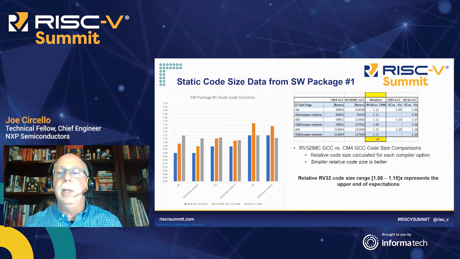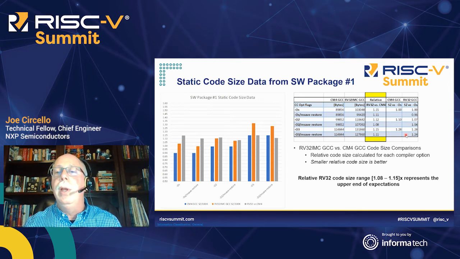So this is the information we're really interested in, looking at RV32, the RISC-V size versus Cortex M4, and you can see that these results vary from 1.08 to about 1.15. This particular table also has these two additional columns where we look at the relative size of the compiler